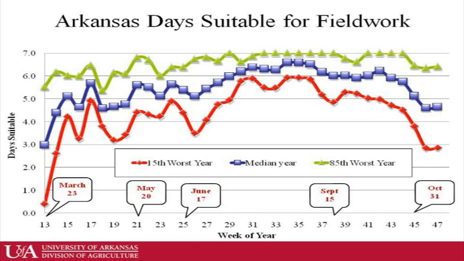If I'm making farm management decisions, I want to know what I can do in a bad year. Do we have enough equipment to be able to plant, harvest, do all the tillage in a bad year? Which could be the red line or somewhere between the red and blue line. The red line is defined as, if you have 100 years, it's the 15th worst year. There's 15 years that could be worse, but a lot more that could be better. And this is for the whole time period. The graphs I've shown so far have just been from March 23rd through the end of June.